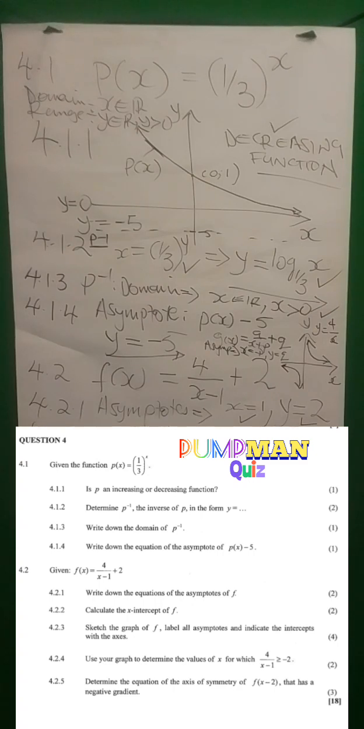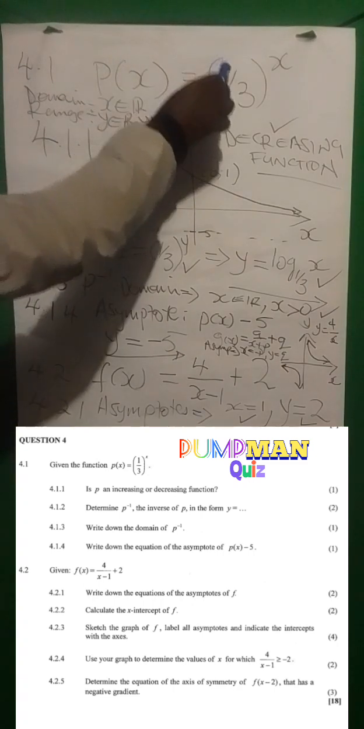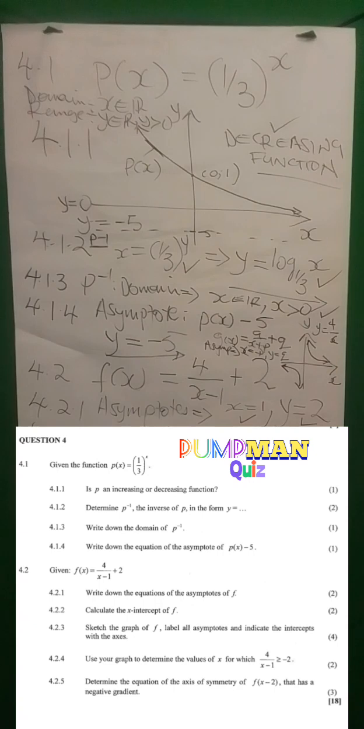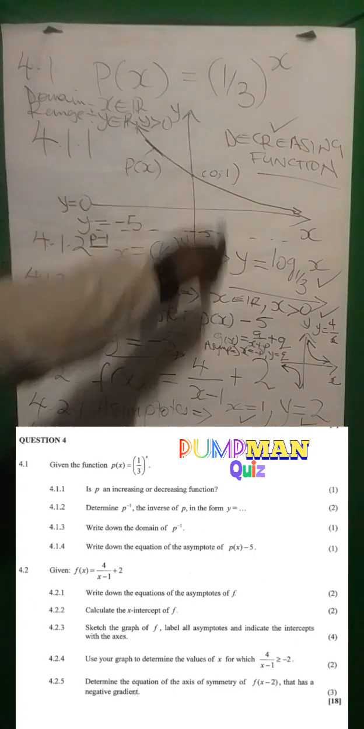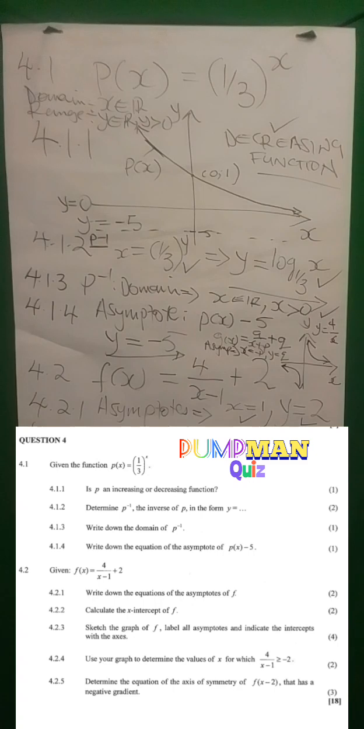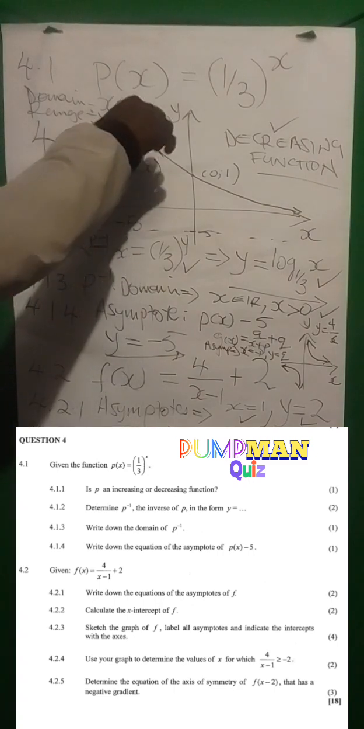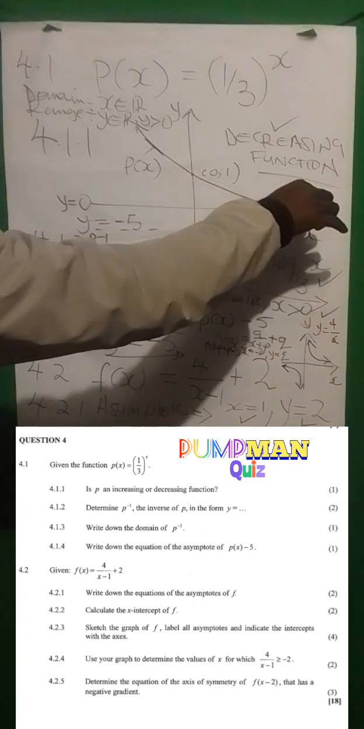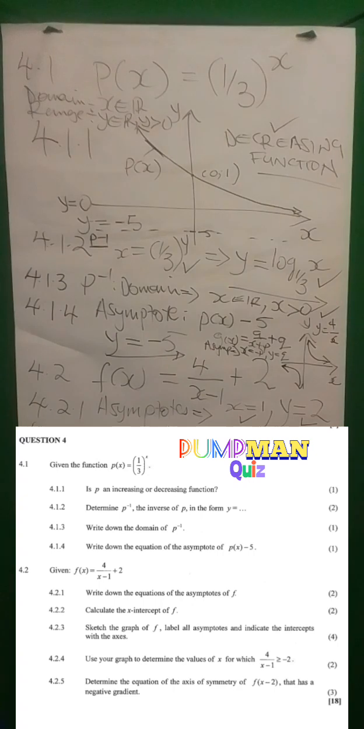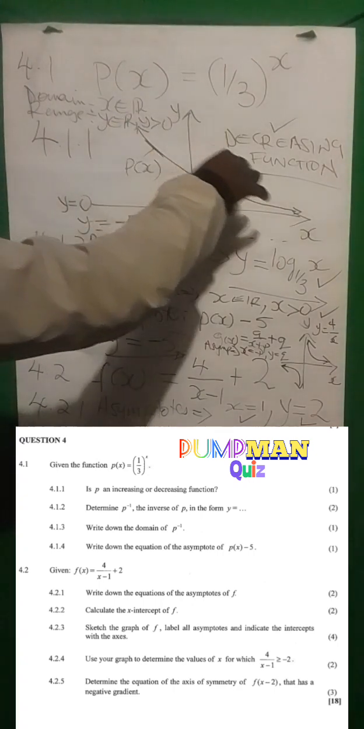This is a question from November 2023, paper 1. This was question number 4 and is based on exponential functions. We are given p of x is equal to 1 over 3 to the power of x. What did we say? We said when the base of your exponent is greater than 0 but less than 1, then you are going to get a decreasing function with a shape like this. Right? All together, this will be our